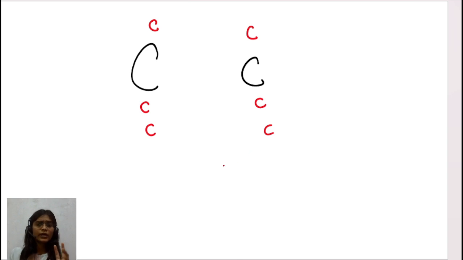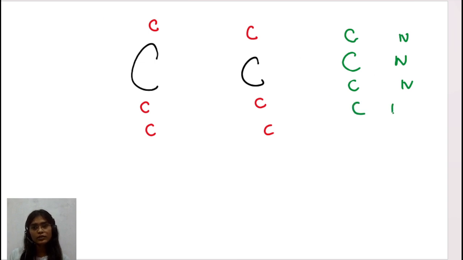This is a simple rule. If you remove the multiple bond, whatever the atom is, you simply put it there. For example, one more example, look at this. If I'm having a carbon triple bond, let's say nitrogen. Same here. If you erase one bond here, what we are getting is carbon and nitrogen. Further, if you remove one more bond, we are getting carbon and nitrogen here. Further, if you remove one more bond, it becomes carbon and nitrogen. So this is the simple meaning here.